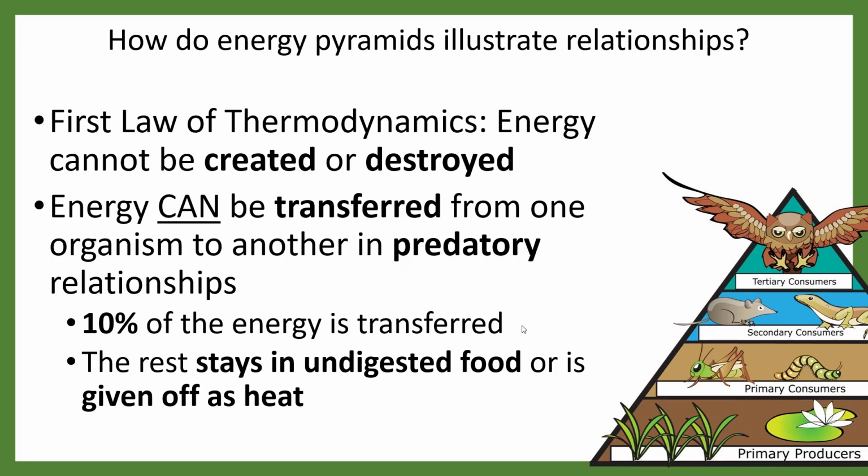So let's look down at those primary producers. They're going to take in solar energy from the sun. Now, they're not going to use all the sun's energy. Some will be given off as heat. Some will be given off as just excess energy and not really usable. And some is going to be converted into forms that we can't use.